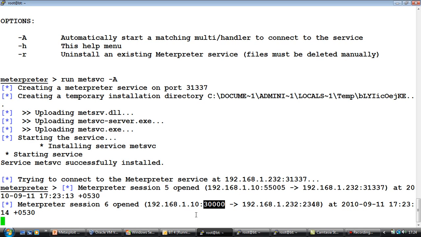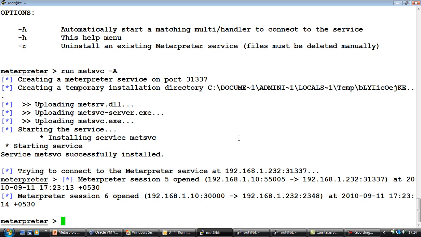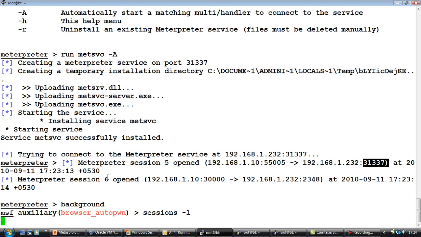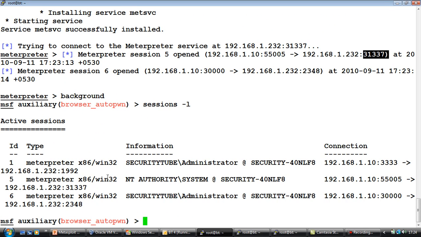persistence script, right? Anyway, and this one, by default, Metsvc goes ahead and binds to this specific port, which is 31337. Right? Elite. So let's background this session. Go ahead and look at the available sessions. Now we have 3 available sessions. Number 5 is what is